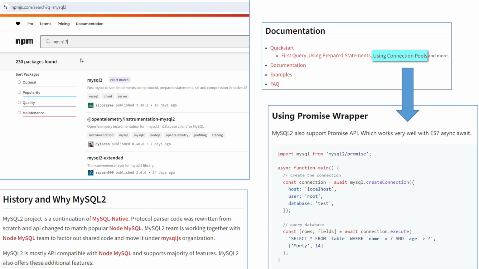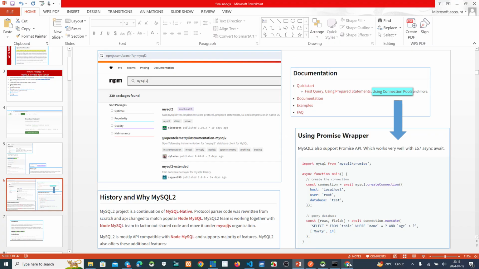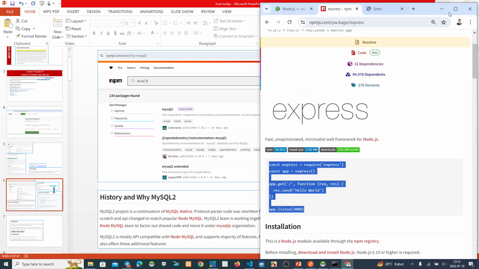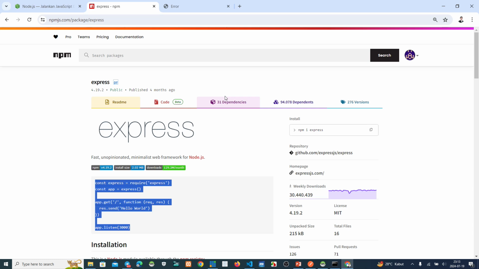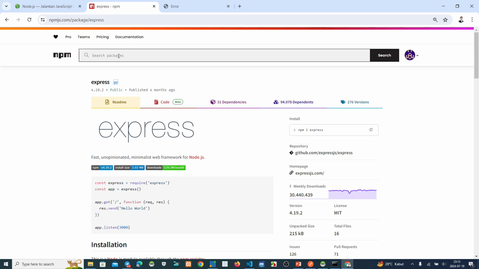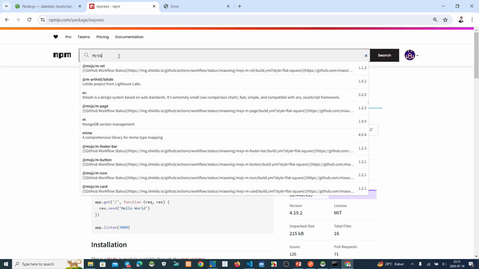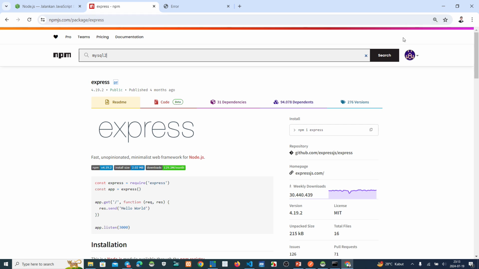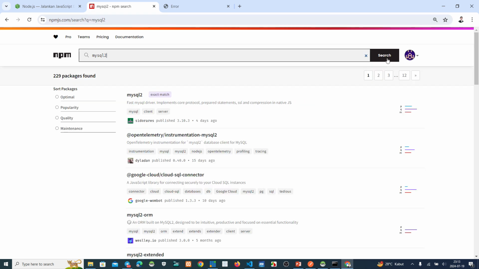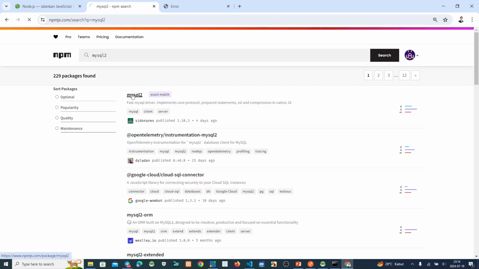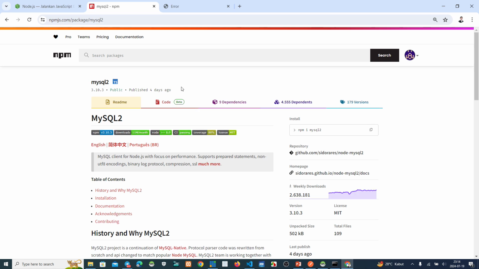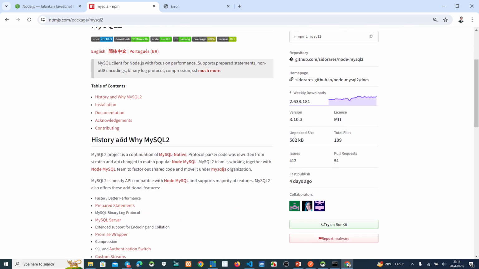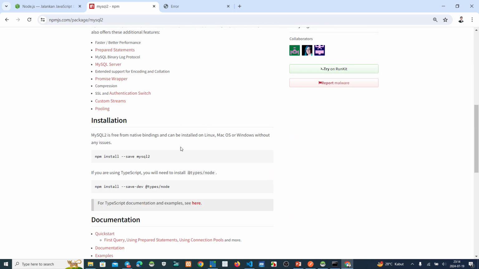Okay, you can see the using promise here, the connection. Moment please, MySQL2. Click here, MySQL2. Okay, you can see the history and also how to install this.